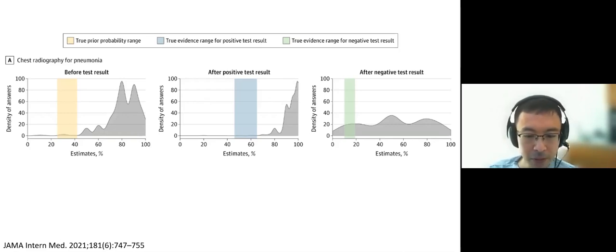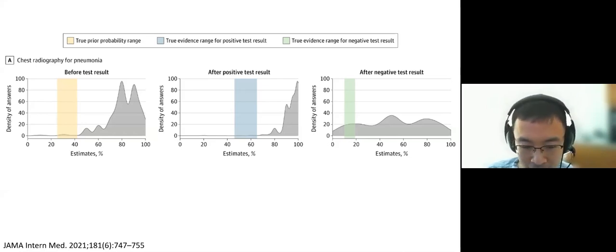But almost everyone overestimated the probability, and the vast majority of people thought it was 80% or higher, and some were even confident enough to say they were 100% sure. The middle diagram shows the probability of pneumonia if the chest x-ray is positive. The evidence-based probability is around 45 to 65%. And again, everyone overestimated the probability, and nearly everyone guessed at least 85%, and even more people felt 100% sure now it's pneumonia.